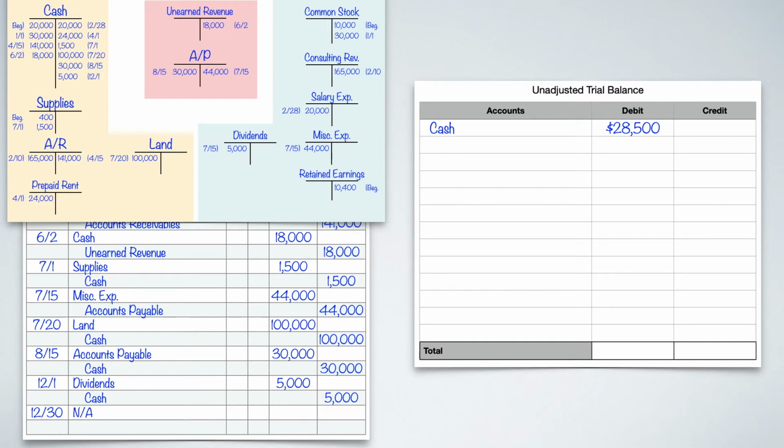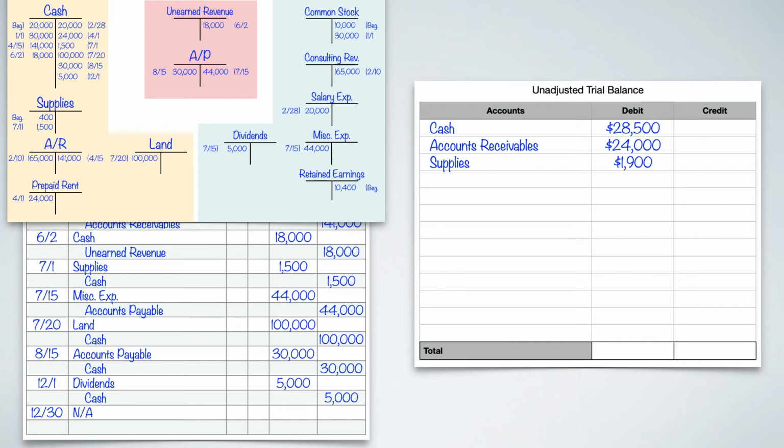I'm going to do AR. I'm going to do these in a specific order just because this is how they naturally would go. AR, I'm going to take my 165, subtract out 141. That's going to give me a difference of 24,000. Again, that's going to go on the debit side, so I'm going to put that down. All right, next I'm going to do supplies. Supplies is pretty easy. There's only two things I have to add up, which is 400 and 1,500. That's going to give me a total of 1,900. Again, that's on the debit side.